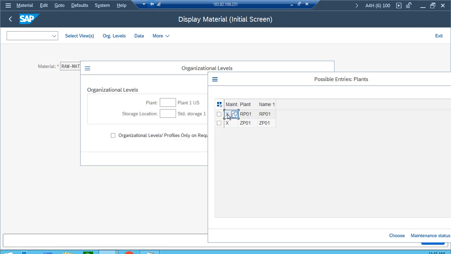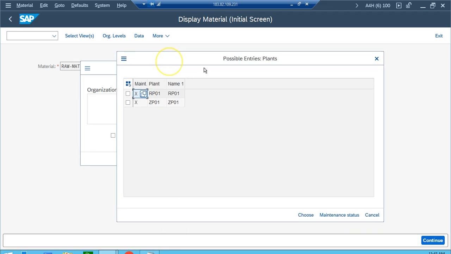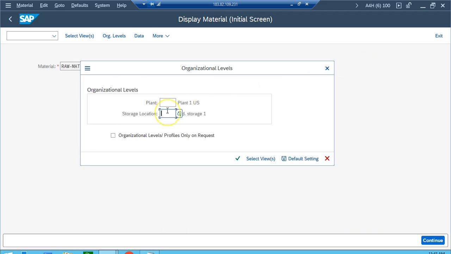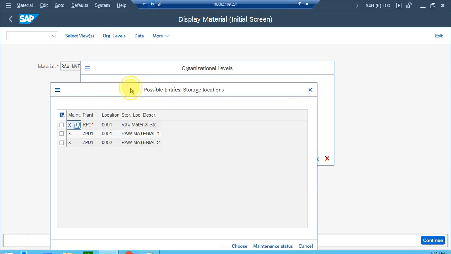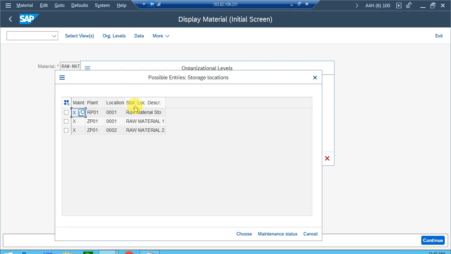This X indicator is maintained for plant RP01 as well as for plant ZP01. It means this material is extended for RP01 plant as well as for ZP01 plant. Same thing we'll check for storage location. Again click on the drop-down option to check to which all plant storage combinations this material is currently